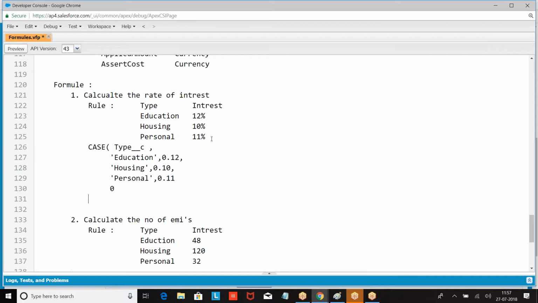If the type of loan is education, 12%, housing 10%, personal 11%. This is how we write a formula. Complete the second formula.